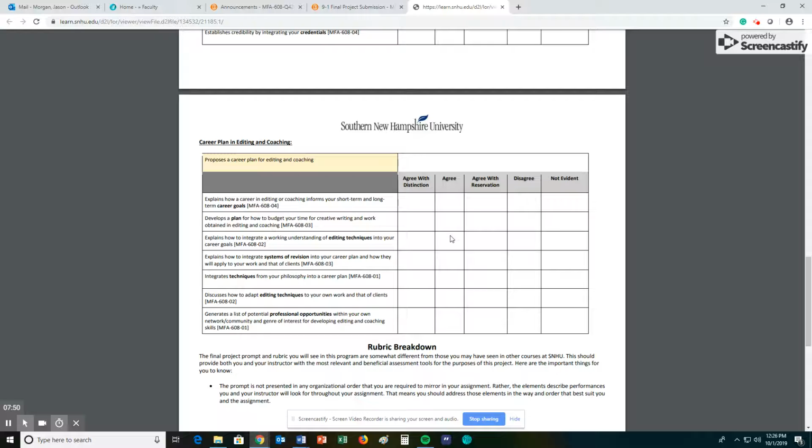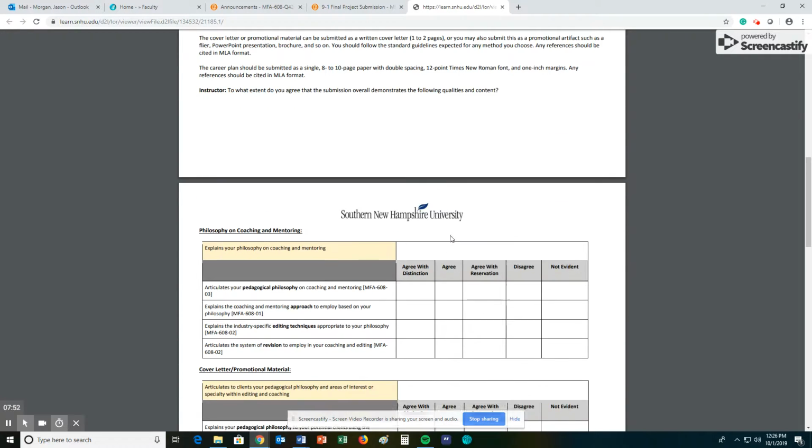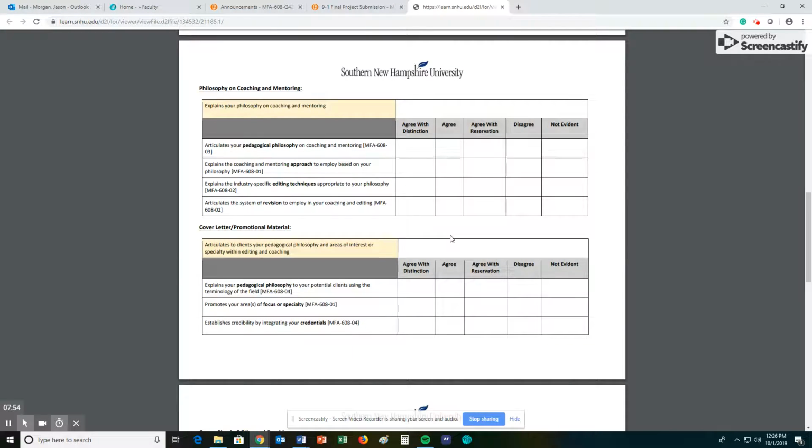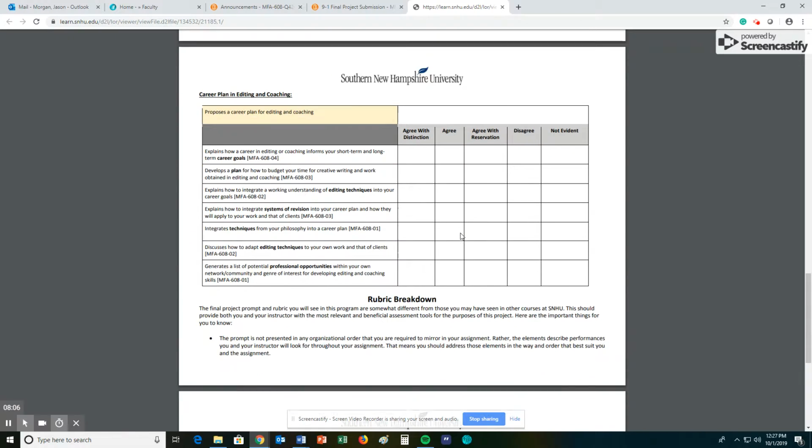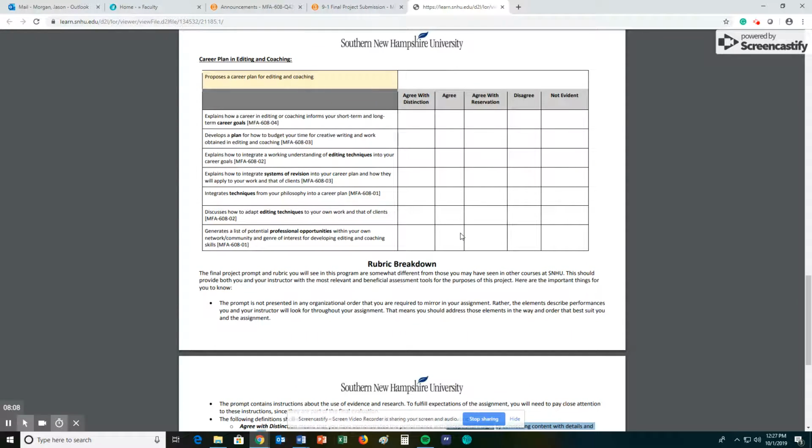There needs to be revision. There needs to be improvement. That is just part of the game. I take a lot of time and effort to put into grading these, and so please understand that this is really in your best interest. I want to make sure that you are earning the grade that you're going to be getting. I am not trying to make your life harder. I am just trying to enforce the academic standards at Southern New Hampshire.